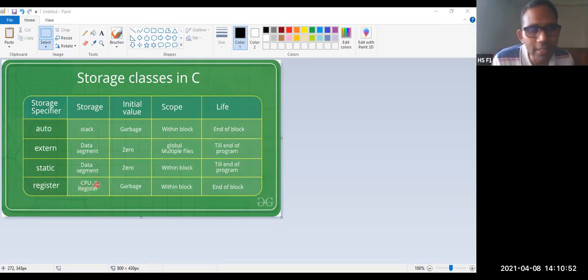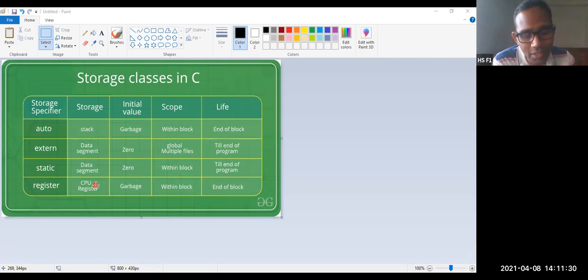The storage is on the CPU. Every system will have a central processing unit. In that you will be having registers. Maybe some registers are AX, BX, DX and CX. Maybe you may be having program counter, memory address register, data register, maybe F0 to F32 if it is a 32-bit register, R0 to R32. Along with that, we will be having extra registers like F0 to F32 if it is a 32-bit CPU. If it is a 64-bit CPU, it will be having F0 to F63 and R0 to R63.